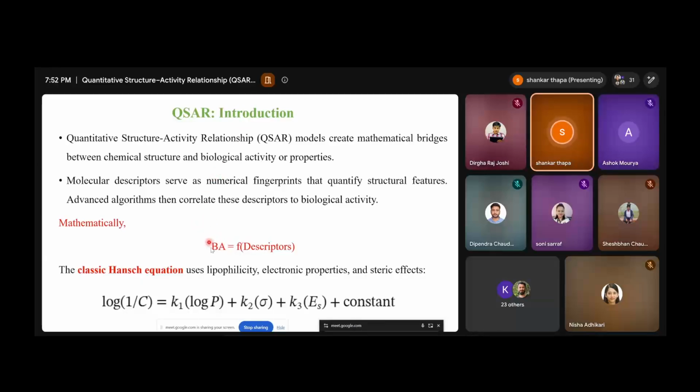So BA means, let's say, the biological activity, and it is a function of descriptors. Okay, descriptor भन्नाले के बुझिदिनु पर्यो भन्दाखेरि, so it's chemical properties, at the same time fingerprint properties, and at the same time it's the quantum characteristics of the compound. So तीनटा कुरा बुझ्यो भने बुझ्न सजिलो हुन्छ. Descriptor is not always about the physiochemical properties, sometimes it's about the quantum chemical properties also. So like three-dimensional structures or how the electronic configurations contribute to the biological activity.